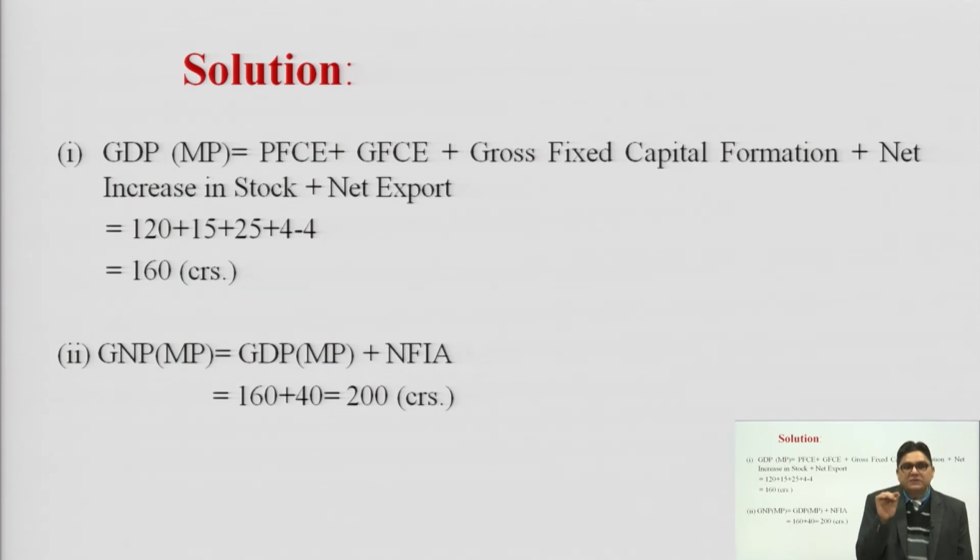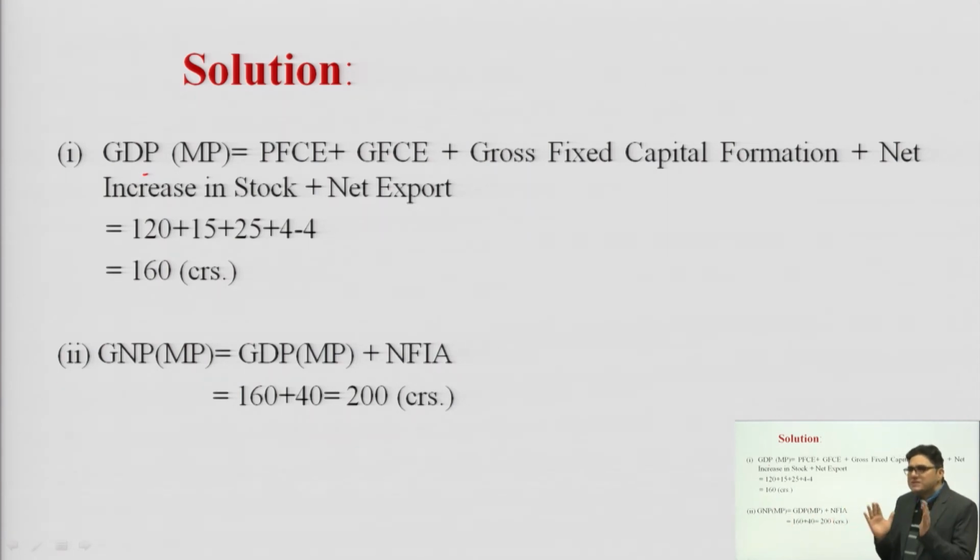But we have to see what the question is demanding. From GDP at MP, where we have to reach? From GDP at MP we have to reach GDP at FC or GNP, whatever the question is demanding, and we need to shift from here. For example, if we are shifting from domestic to national, we will add net factor income. If we have to shift from market prices to factor cost, then subsidy will be added and indirect taxes will be subtracted. If we have to shift from factor cost to market prices, our indirect taxes will be added and our subsidy is going to be subtracted.